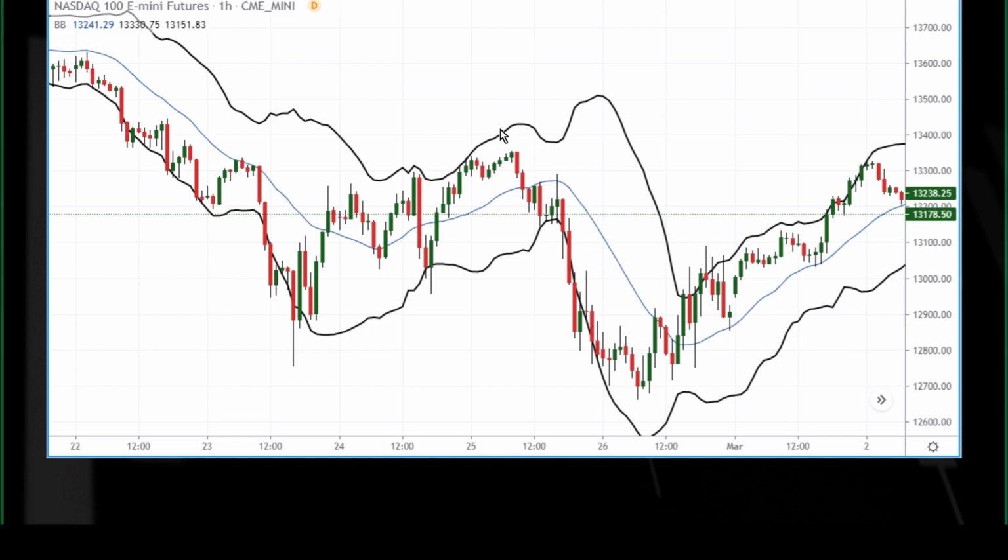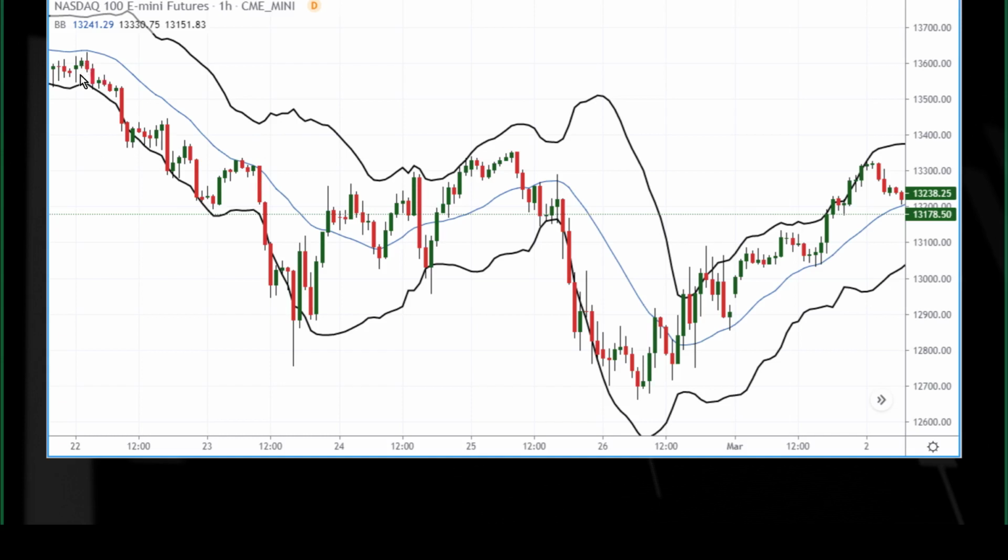Here's the upper band, the moving average, and the lower band, and as you can see, when the market is trending lower, and this is Nasdaq E-mini futures in the 1 hour time frame, obviously you can use all of these indicators in any time frame, whether it's 1 month or 1 hour, it really doesn't matter. But if you want more signals, you obviously choose a time frame that is intraday or shorter than a weekly time frame. So when you see the market moving down,